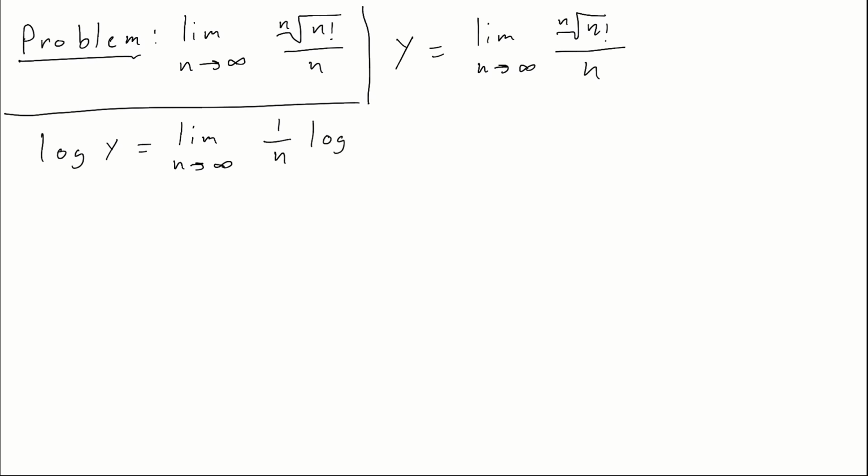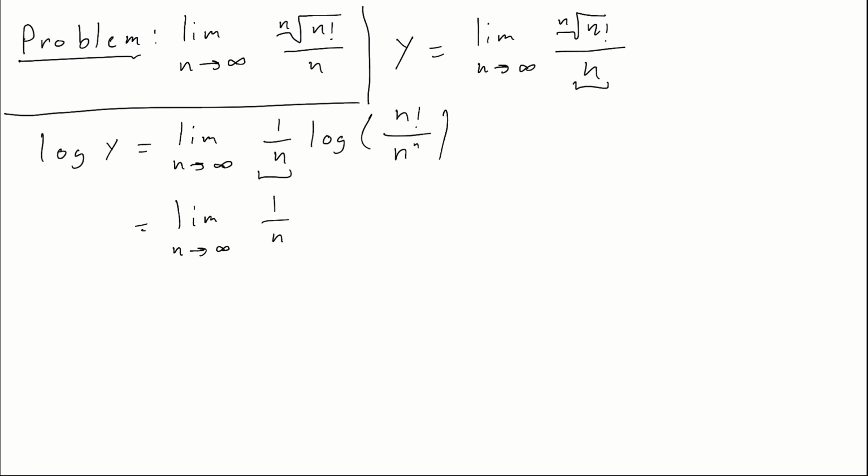What are we left with inside? Well, we have an n factorial on top, but we took out a 1 over n exponent here, which means this n down here did not have a 1 over n exponent. So to balance that out, we have to introduce an exponent of n. All right, so what do we have here? Well, if we write this again, as n goes to infinity,